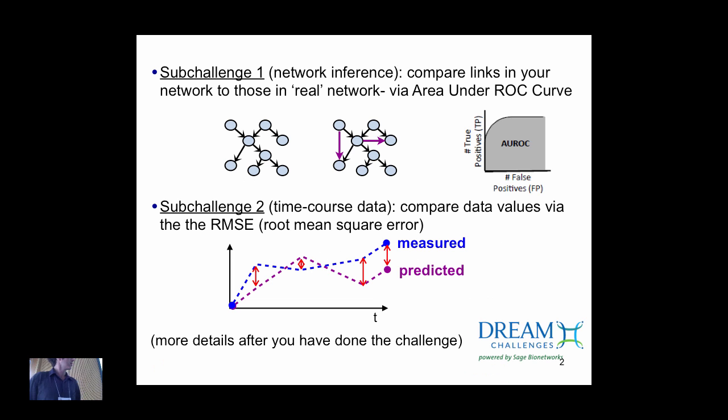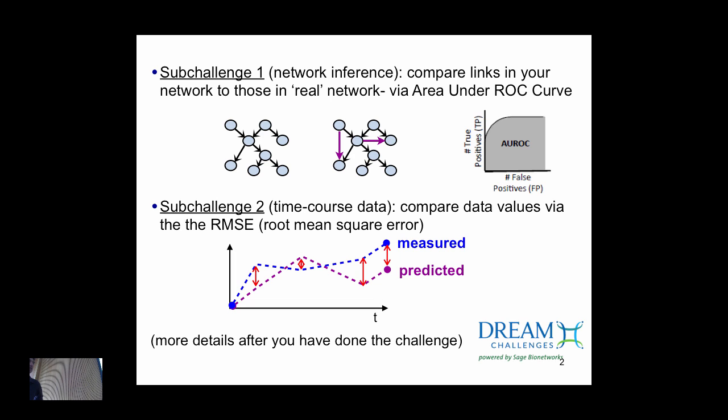All right. So just to remind you, the first part of the challenge, and the second part we didn't get into, but the first part was just trying to predict a network based on perturbations of the different nodes of the network using drugs. The second part of the challenge that we didn't discuss, but would be once you have found the network, is, can you try to predict time courses of other types of modifications that can be done in this network,